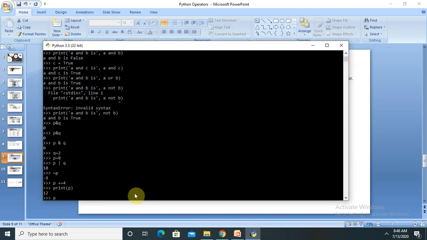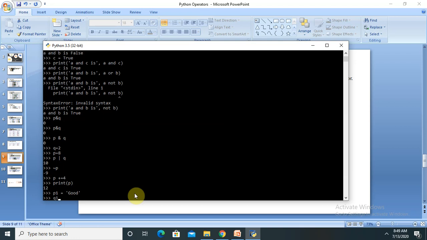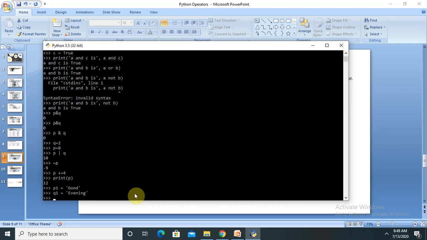We have already declared the values of P and Q. Let me declare P1 equal to 'good evening', then Q1 equal to 'good'.